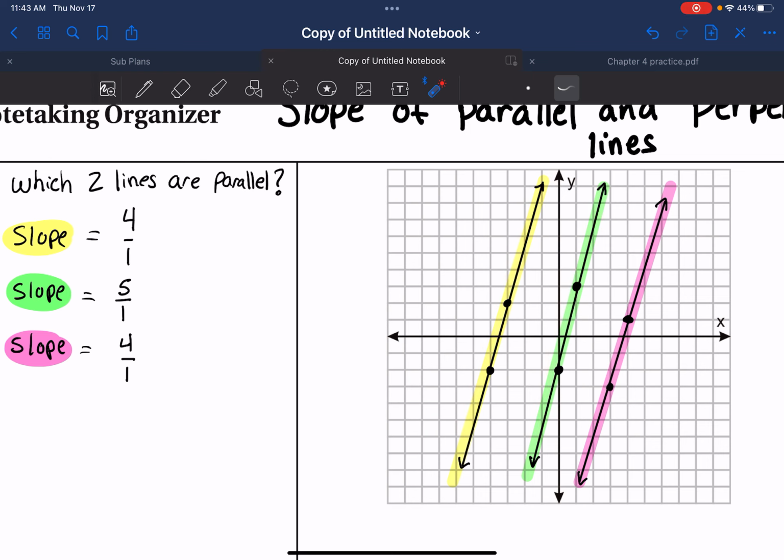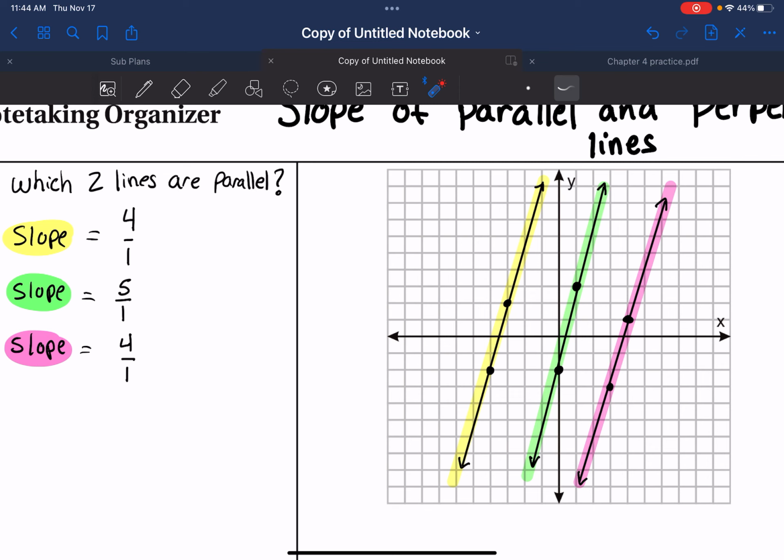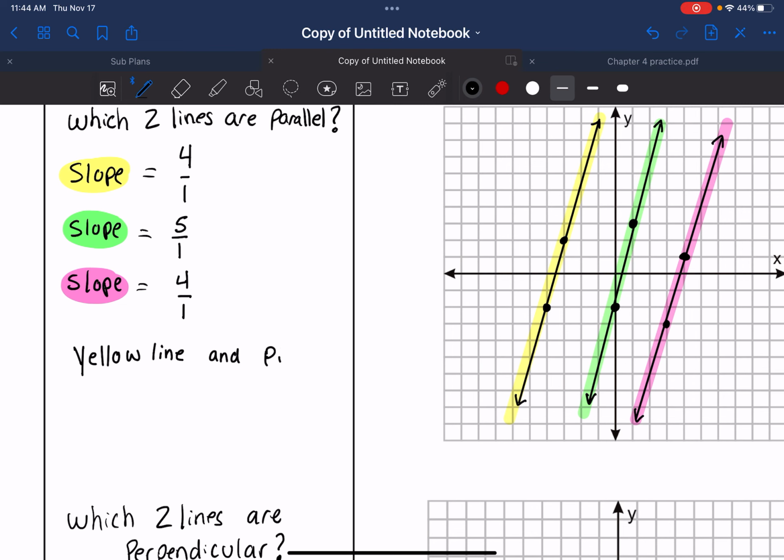They will eventually touch. So I'm looking for the slopes that are exactly the same as one another. The pink and the yellow have the same slope, which means pink and yellow are parallel. I'm going to go ahead and down here in this extra space, write my answer. So I will say yellow line and pink line are parallel